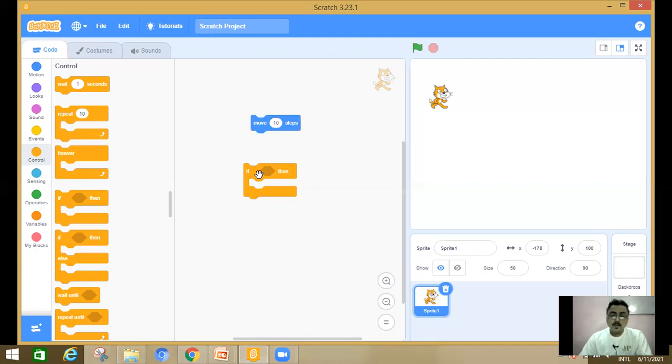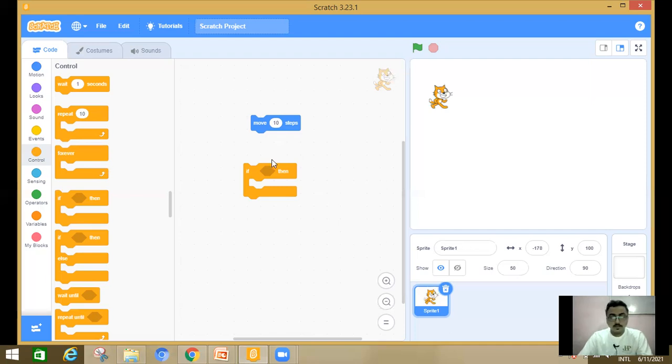If X direction is minus 200, because if it comes here on the left hand side, the action area is completed, so I have to move again in the forward direction. And if I reach the right hand side, now I have to move in the backward direction. So I have to take two if conditions.